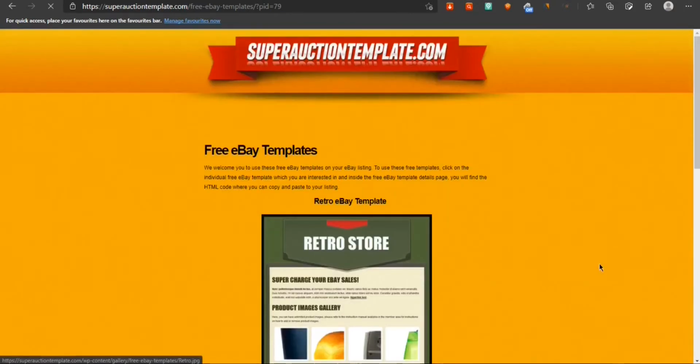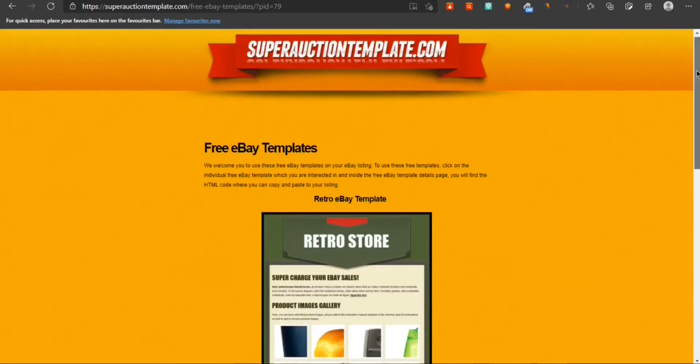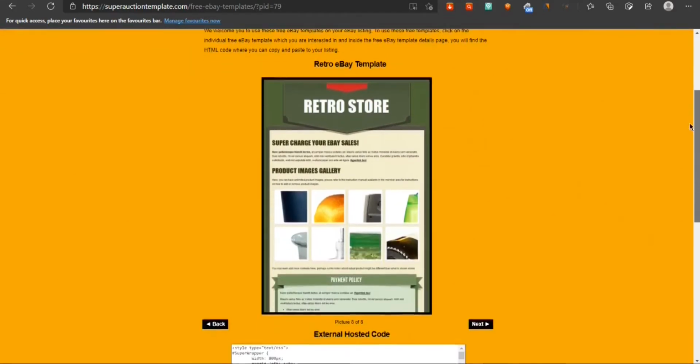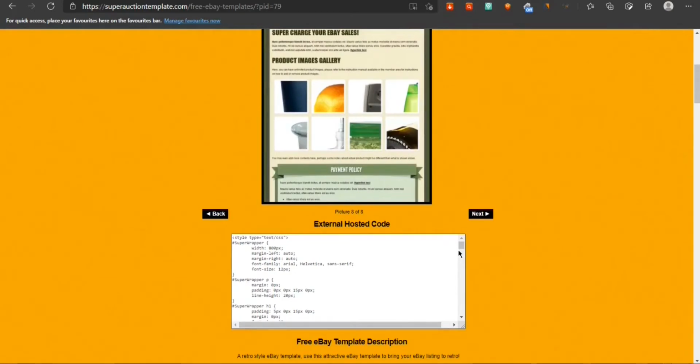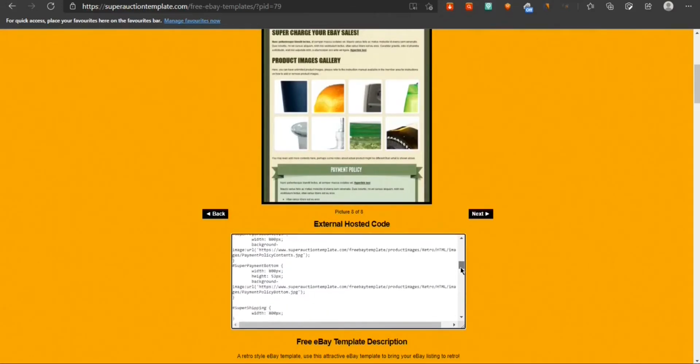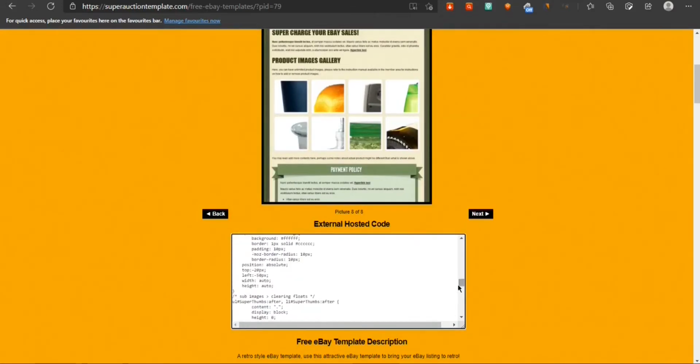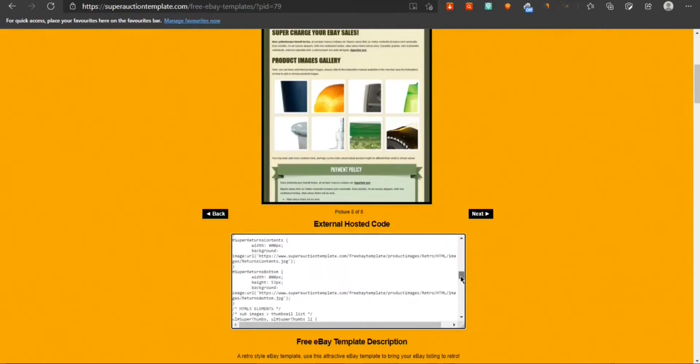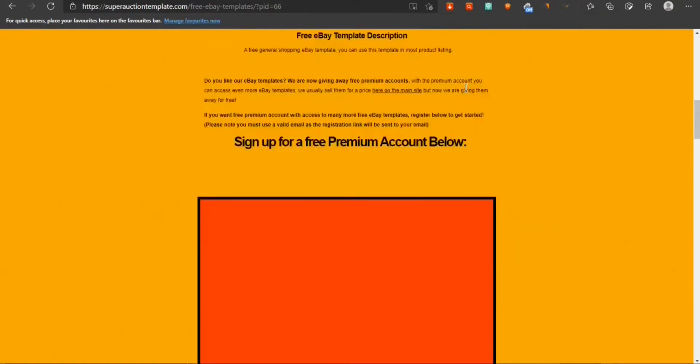Okay, now this is so easy. You can see its HTML code. Okay, let's get we have to copy this code.